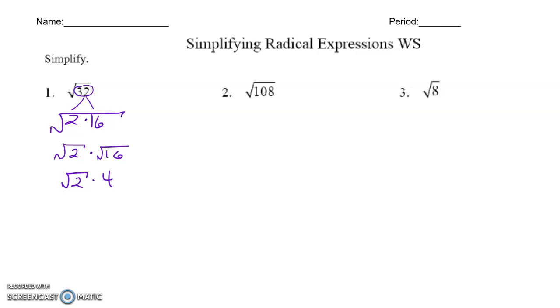So the final step would be to write it in standard form, which is 4 root 2. You don't even need the times symbol when you put the whole number, or the coefficient, in front of the radical sign. So this fully simplified is 4 root 2. Now I want to show you a second strategy